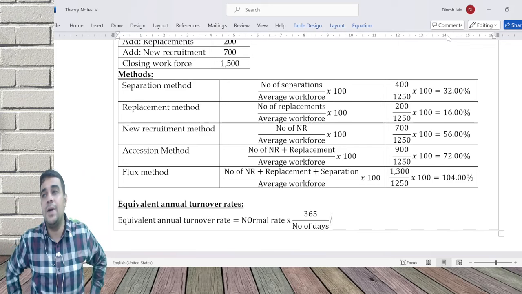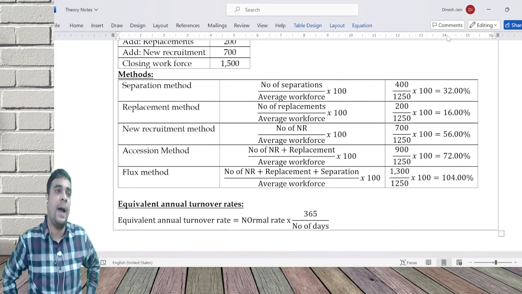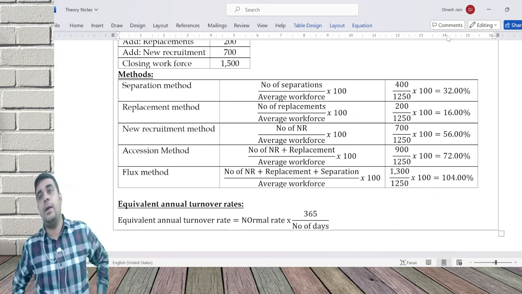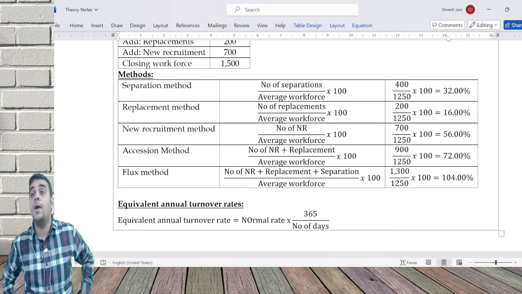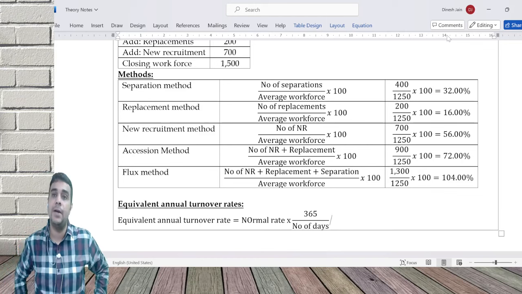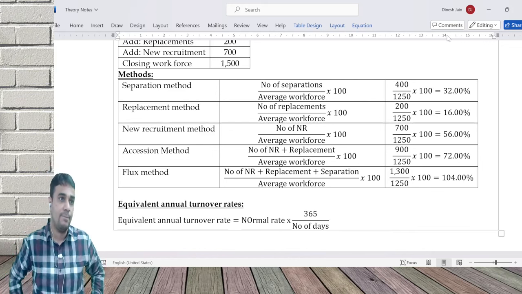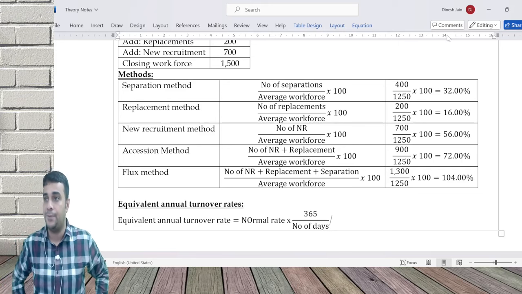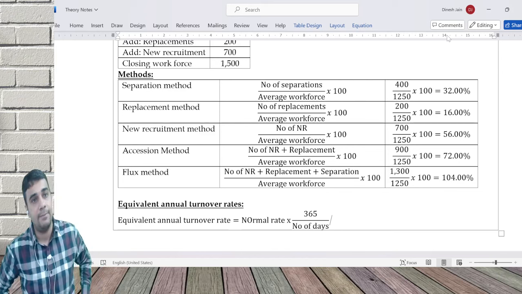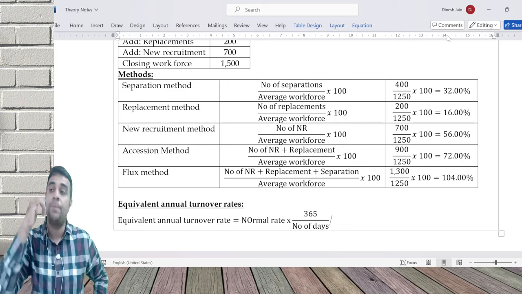See, my objective is very simple. I don't want any change to happen. But if it's happening, I can do the calculation on a monthly basis. Every organization in the practical world tracks this number. Companies like TCS, Infosys, IT companies release this number every quarter. When they are preparing the financial statements, every quarter, listed companies, when they declare the results, they'll say what the attrition rate is. Attrition is how many people have left the company. They will declare this number in their presentation, because if attrition goes up, it's a problem for these companies,